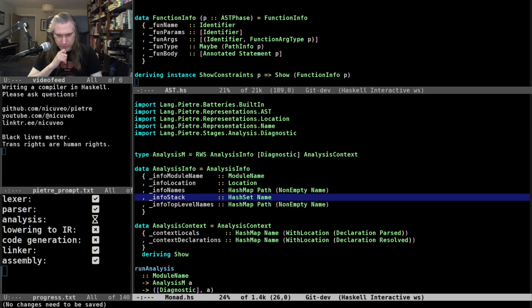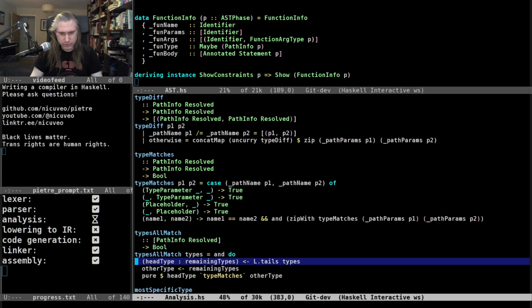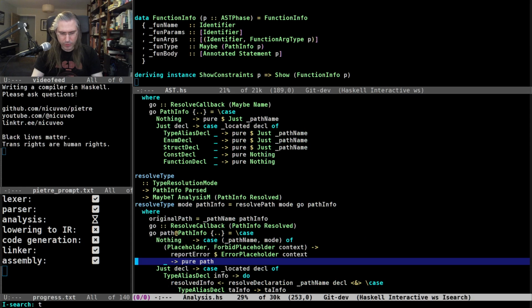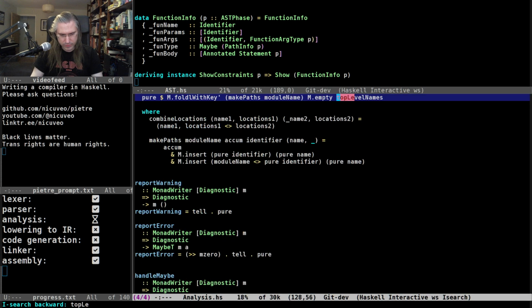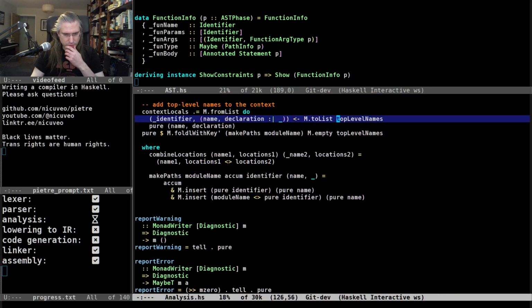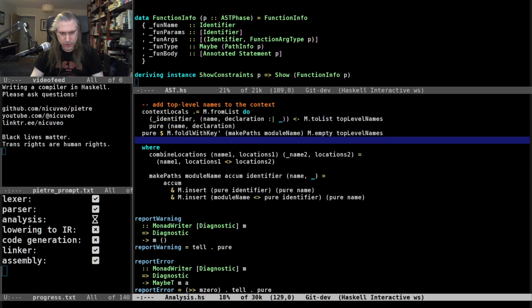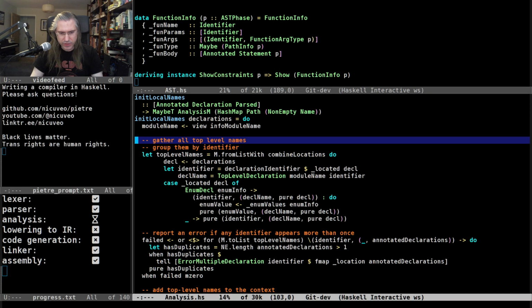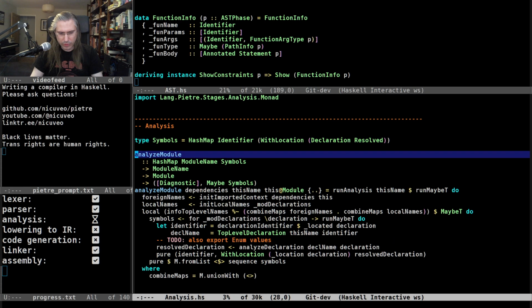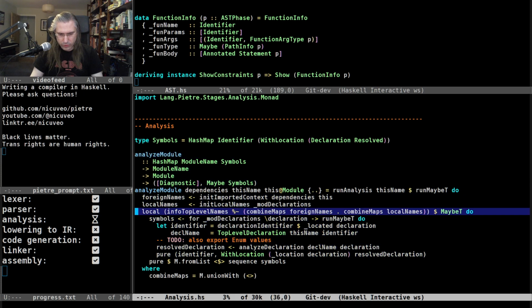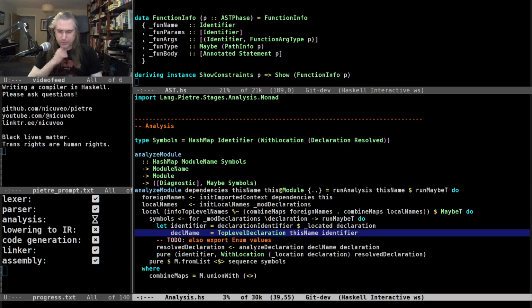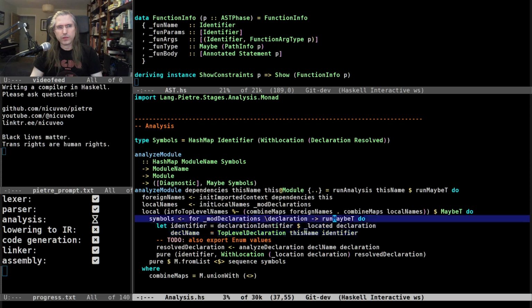So let me think about this for a second. I'll go back to reading how the top level works. Like, when do I set top level names, for instance? I return them here from the init local names, and I suppose the top level function then does a local. Yeah, there we go, top level names. I guess it might not be needed to look at the